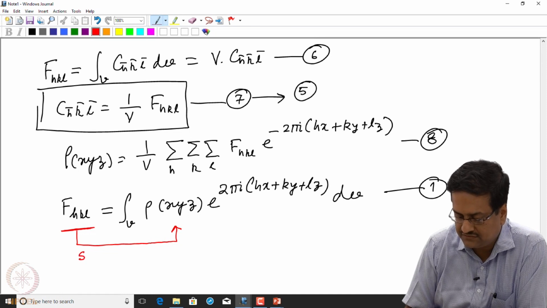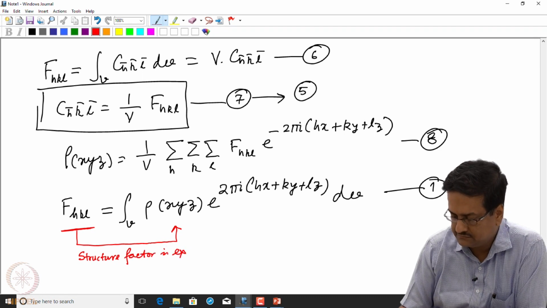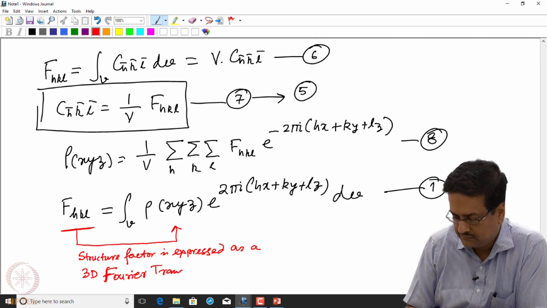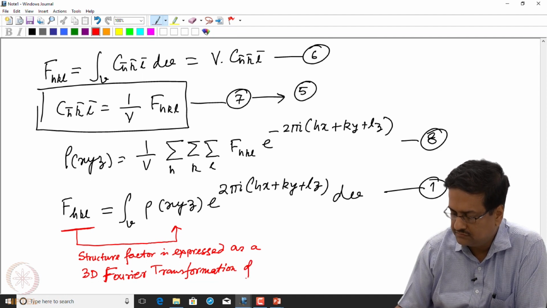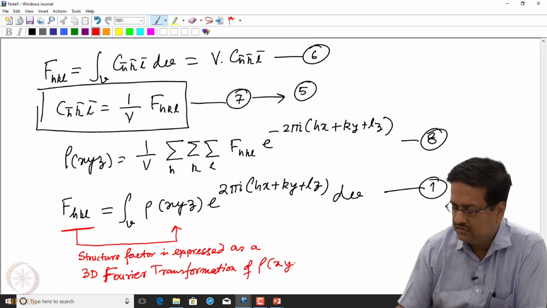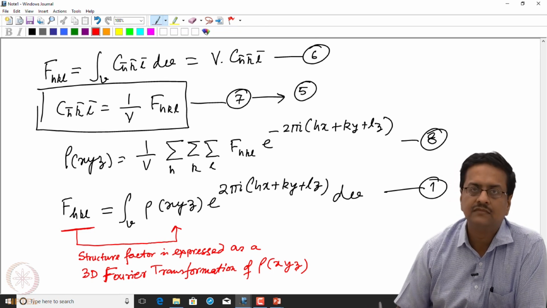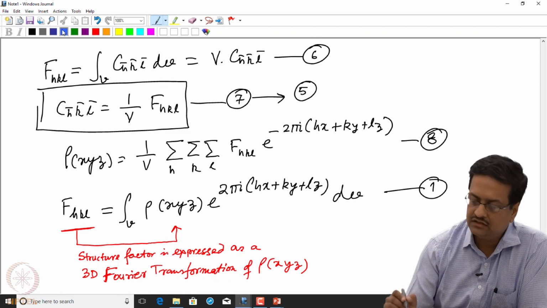So here the structure factor is expressed as a three-dimensional Fourier transformation of rho(xyz), which is a periodic function in 3 dimension. But in the equation 8,